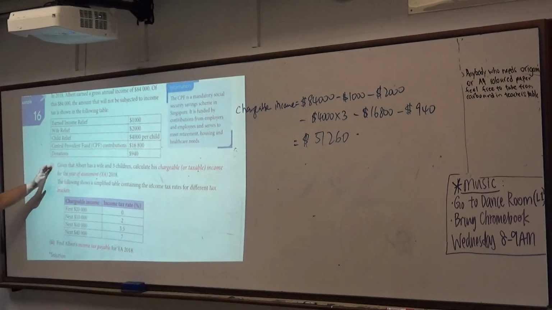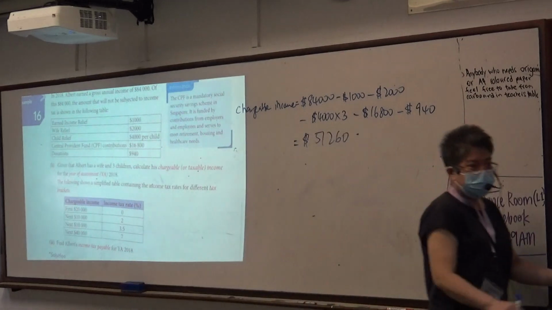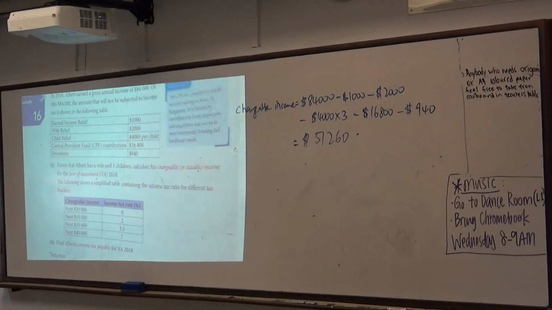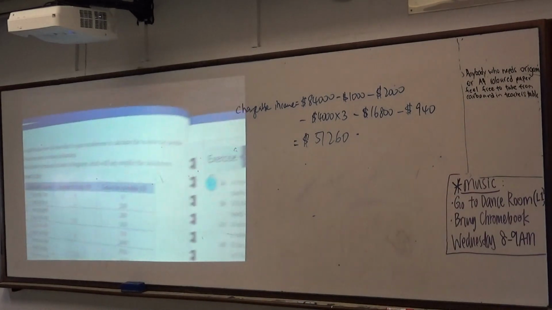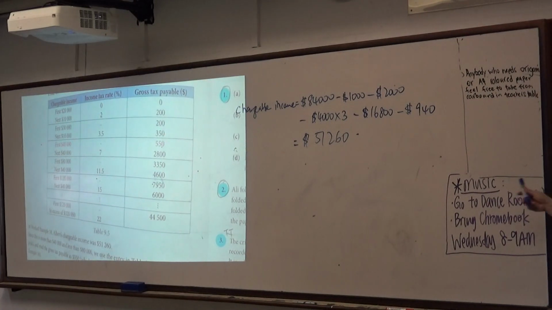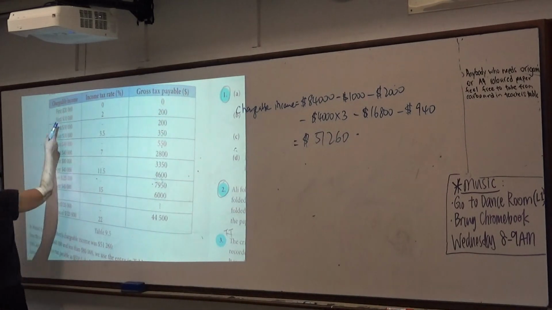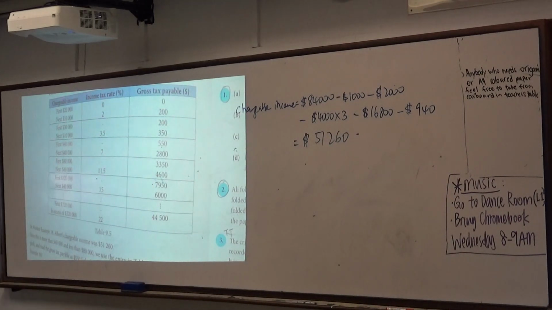Okay, the simplified one, don't do this. The question part 2 says, find Albert's income tax payable. They will not give you this simplified version. They will give you this version. This table. Can you tell me 51,260? Row 1, 2, 3, 4, 5. Which one? 3, right? Okay, so